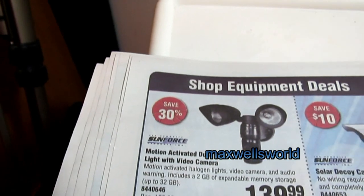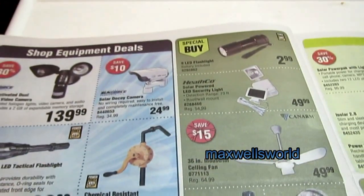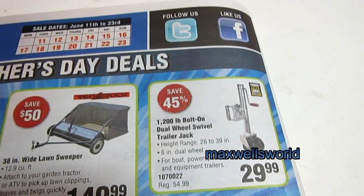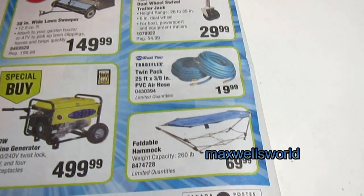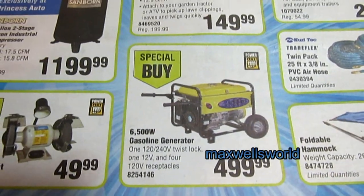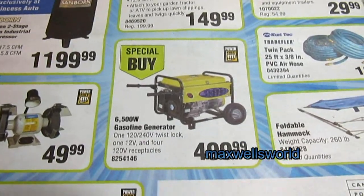It's probably not extreme quality, but it's enough to know what goes on in your yard when you're away at work. So of course you get into your dump carts, log splitters, and cement mixers. You have a 1,200 pound bolt-on dual wheel swivel jack, great for boats, utility trailers, and stuff like that. There is a foldable hammock here, on for $69.99. Just over from it is a 6,500 watt gasoline generator. It has one 120 volt, 240 volt twist lock, and one 12 volt and 4 120 volt receptacles, on for